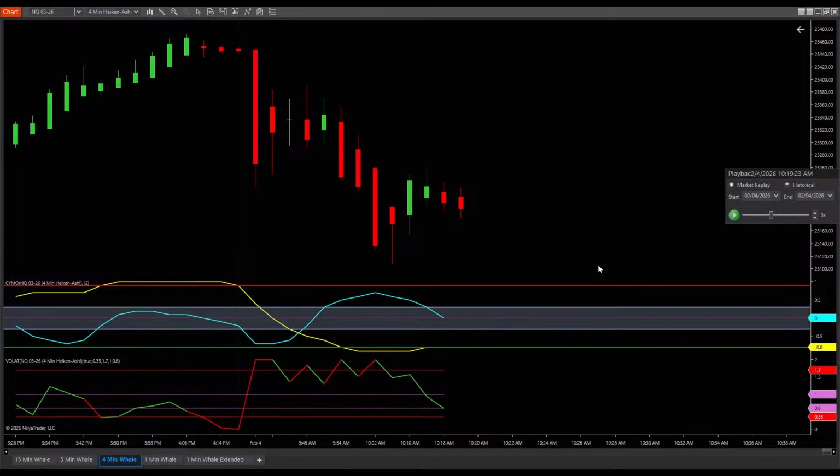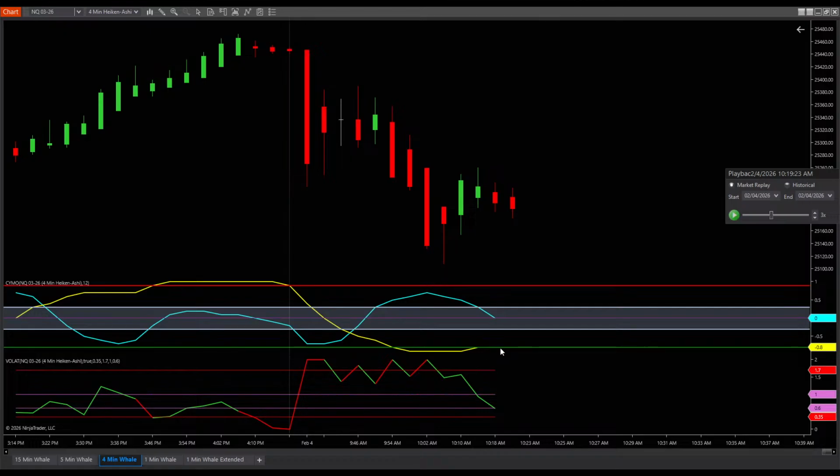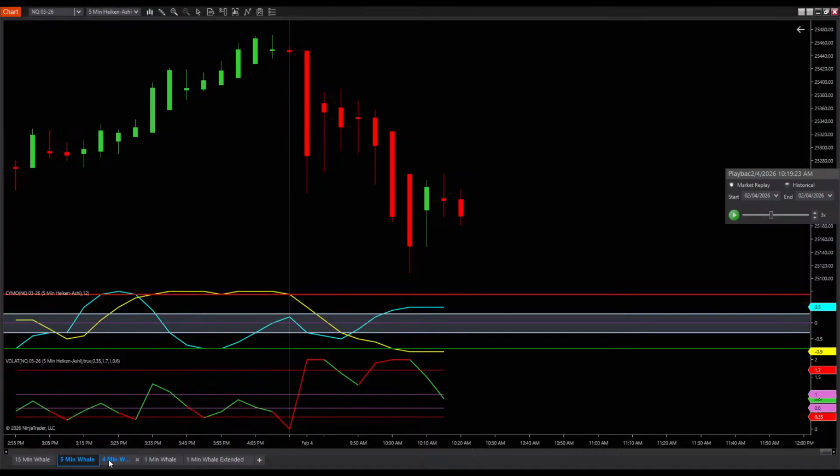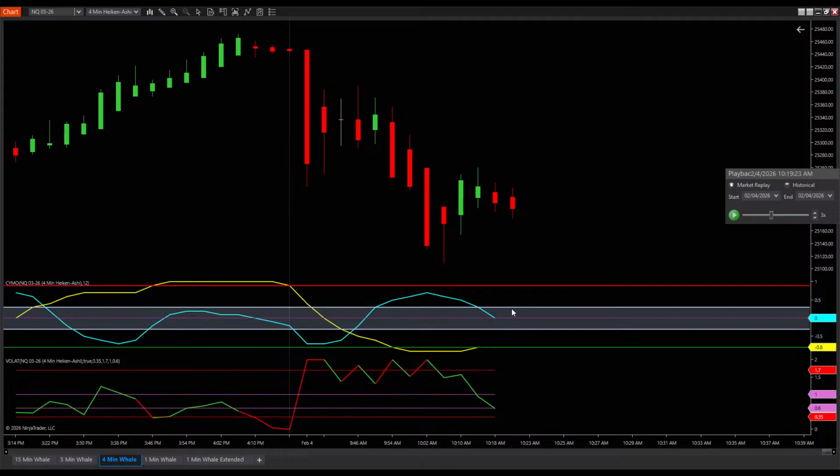Okay, so here we go, guys. Let me just pause it for a sec. We're here at the 0 line. Mo is still at 0.80 at the bottom, okay? Your cycle component is coming down. Comparing it to the 5, I'll take the 4 right there. Our bias is still intact to the downside, okay?